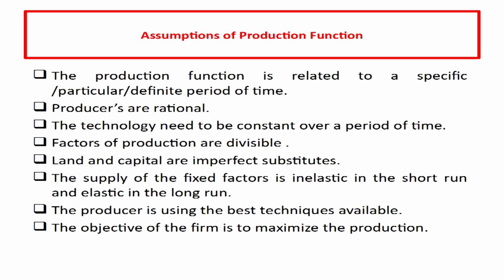Every factor of production is divisible into small parts. Land and capital are imperfect substitutes of each other, that means they cannot be substituted. The supply of fixed factors is inelastic. Inelastic means the supply of a fixed factor cannot be increased in the short run,